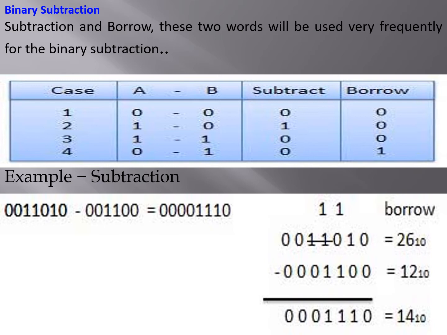Let us take an example. Here we take two binary values. Subtraction of 0 and 0 is 0. Subtraction of 1 and 0 is 1. Subtraction of 0 and 1 is 1, and we have a borrow, so it will consider 2 next. Subtraction of 1 and 1 is 0, and here we have a borrow, so we have 1. Subtraction of 0 and 0 is 0. Subtraction of 0 and 0 is 0. That's it, we get the answer. The binary value is 14 in decimal value.